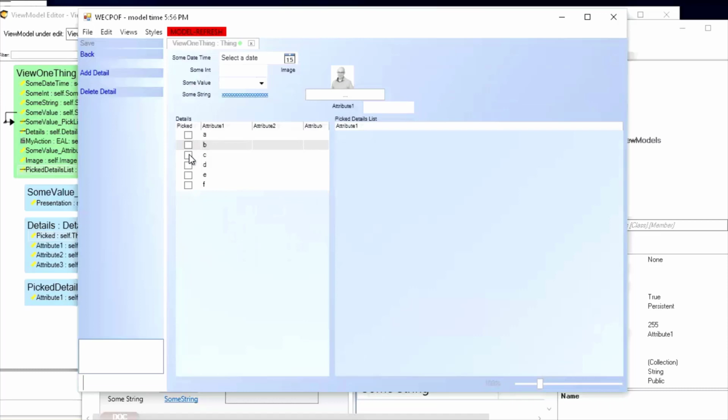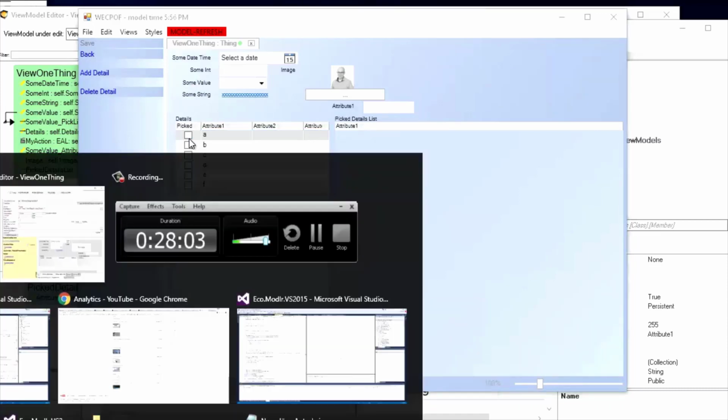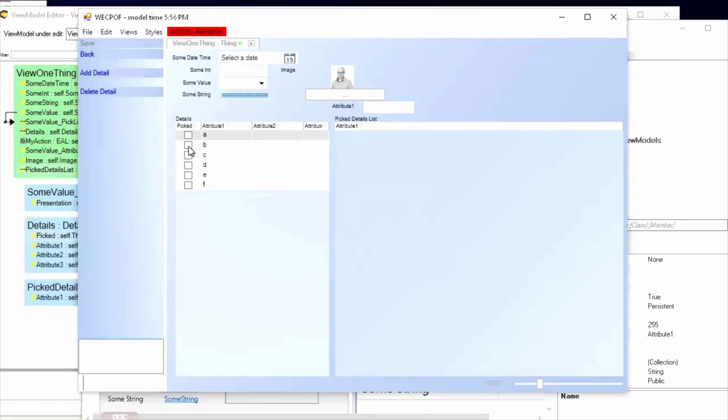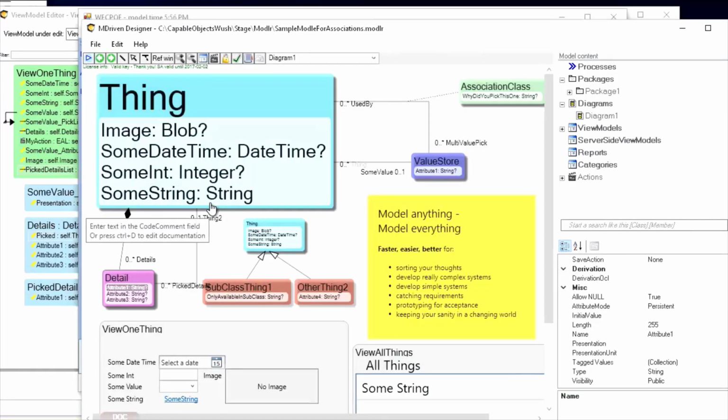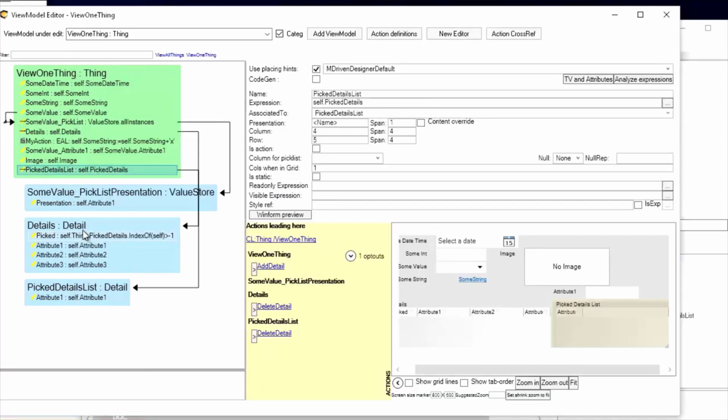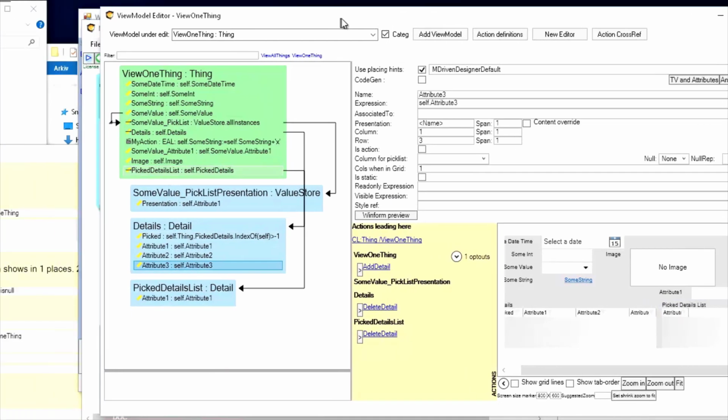And of course it's a read-only expression because it is index of, and it doesn't set anything, change anything in my model. But what I want to do is when I click this, I want it to be selected. So what we can do is to, in the grid, add a new column,